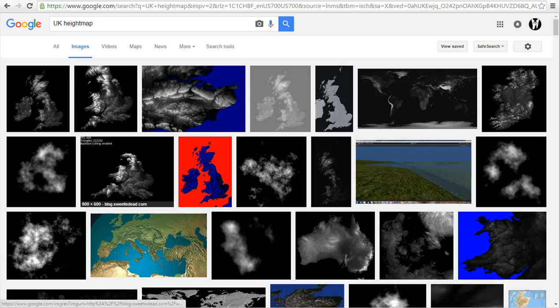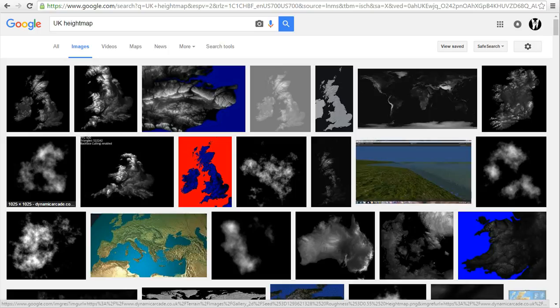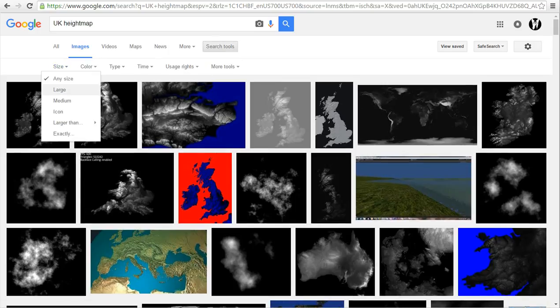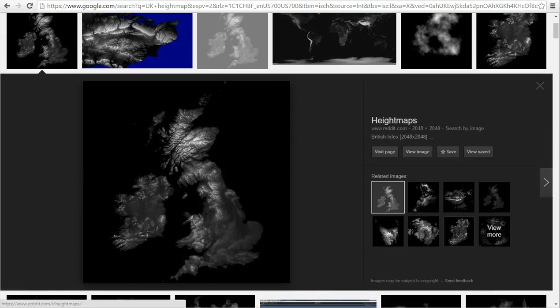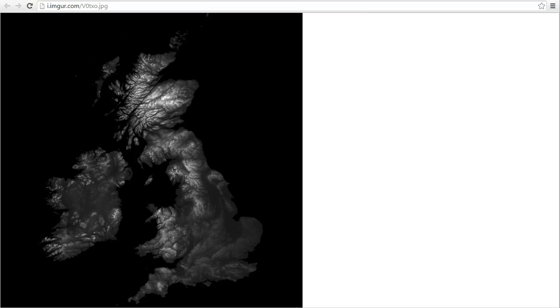And now I'm going to look through the images, and we're going to change it to large. So right here is a 248 by 248 from Reddit. I'm going to go ahead and take this one. This one looks really good. So we view the image,